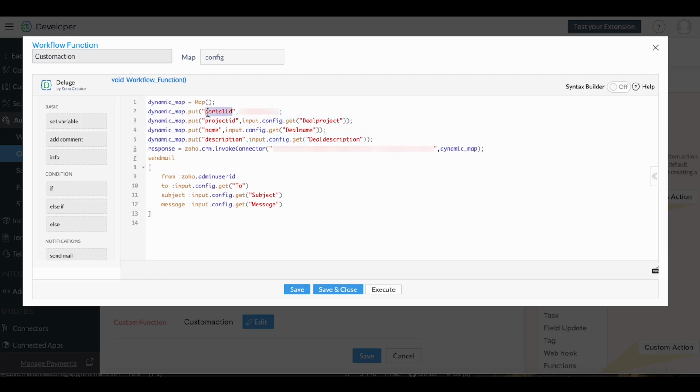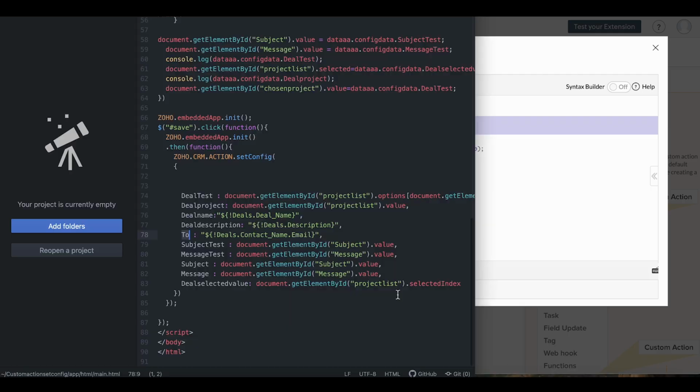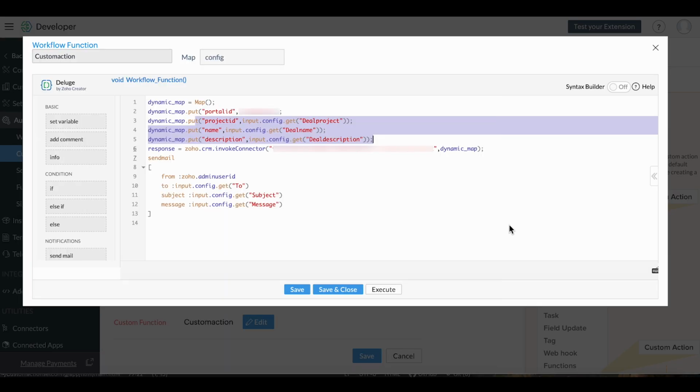So I've hard-coded the portal ID alone. The other details, I already have available as part of my custom UI. So if you remember, in the custom UI, I have the values obtained for the project ID in deal project, and then the deal name and the deal description are available.